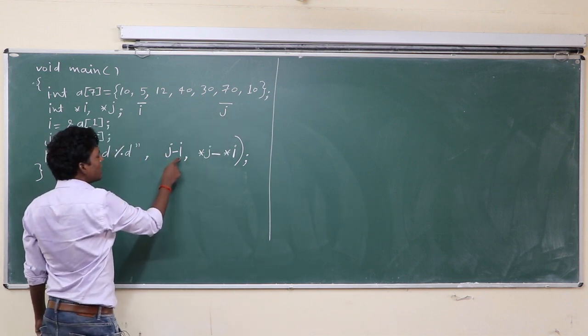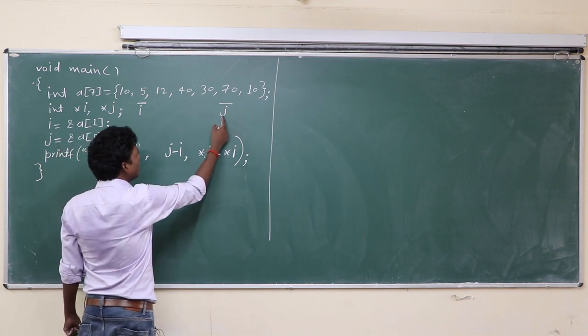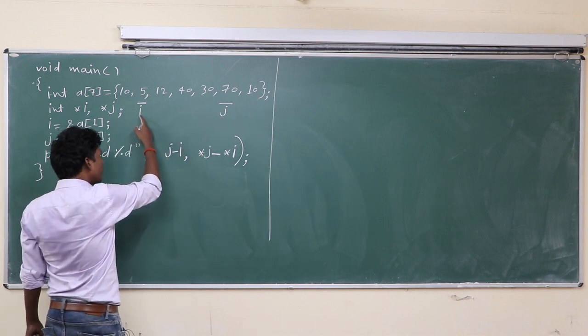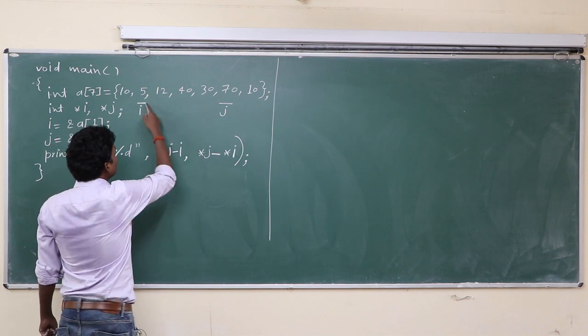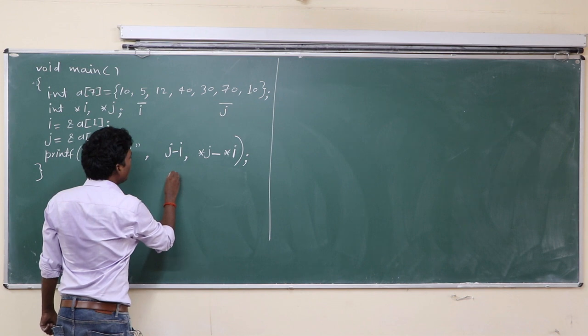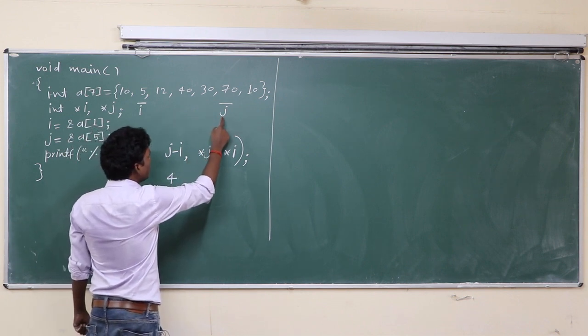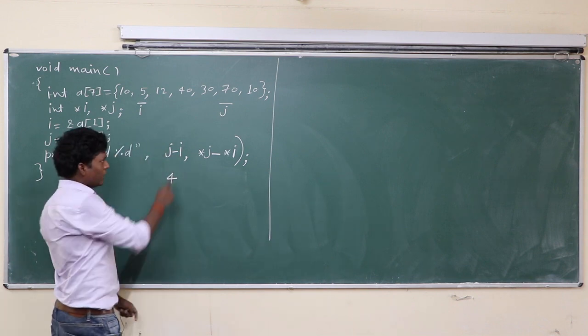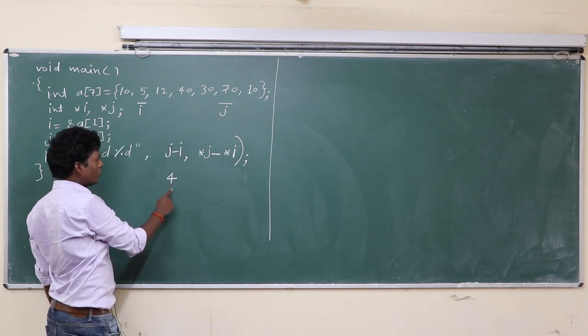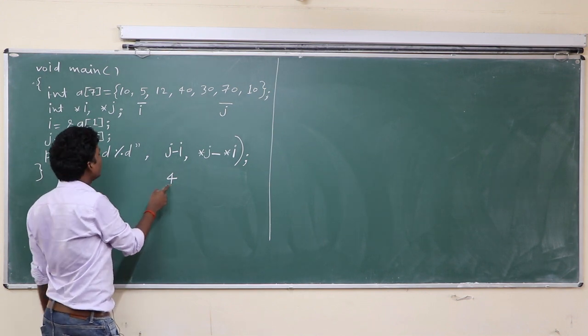So J minus I gives the result of how far J is from I. So how far J is from I? 1, 2, 3, 4. 4 places. J is 4 places apart from I. So here this will give the result 4. This %d prints this, that is the 4. Okay? Again,